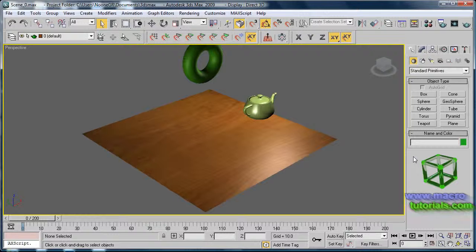Hello. In this tutorial, I will show you how to save a render image and how to create a video from an animation, meaning render an animation in 3D Studio Max. Before starting, you should have previous knowledge about the basics of 3D Studio Max. For this, you can check my other tutorials on the webpage